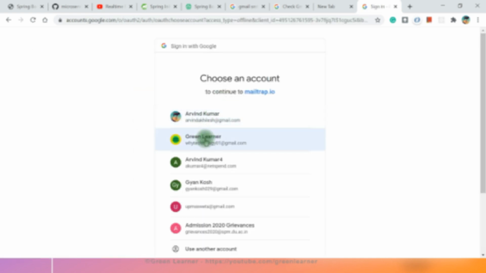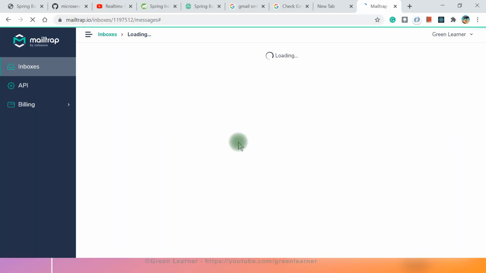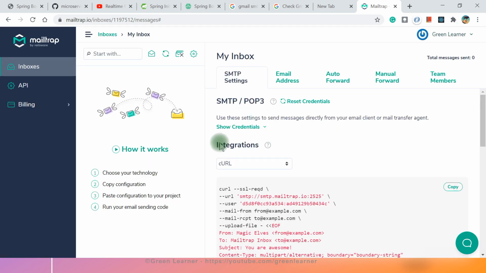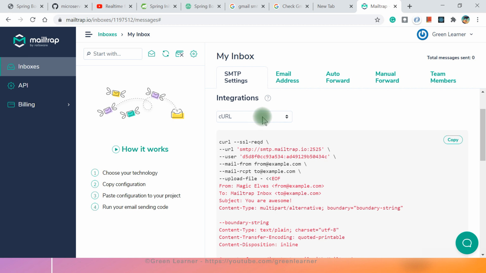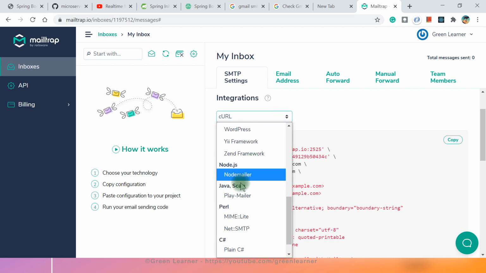Okay, and going with the green learner here. Okay, so yeah, now I got this dummy server for me, and these are the details that I have got here. So this is the inbox that I got, and these are the credential details that I can use here. So you can see the integration points here. So I'm going ahead with this Java and Scala